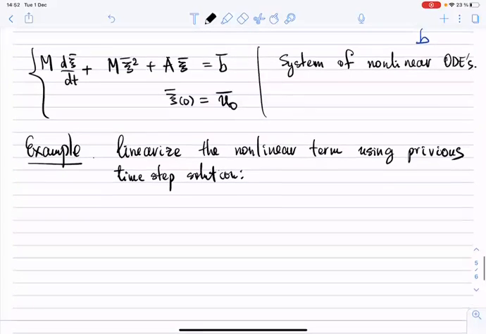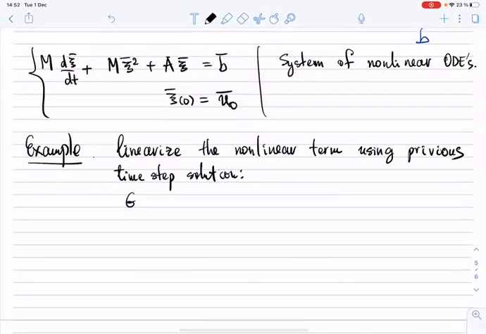So what I mean, if I just use Crank-Nicolson here, for example, Crank-Nicolson,